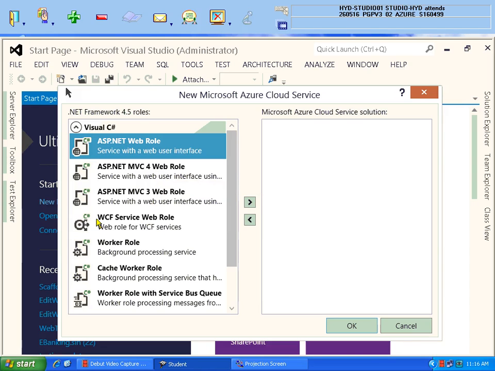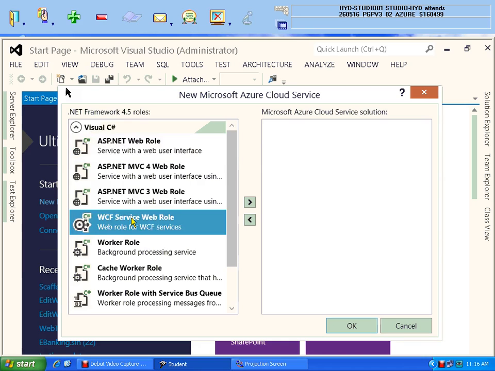But what do I want to create? WCF. So which web role should I take? Without the web role's help, nobody can create anything in your cloud. Cloud Azure service means only some web role will help you out. But different web roles help you create different types of services or applications. But ours, we need to take as WCF service web role. Okay. Take this without fail and click on this greater than symbol to select it.